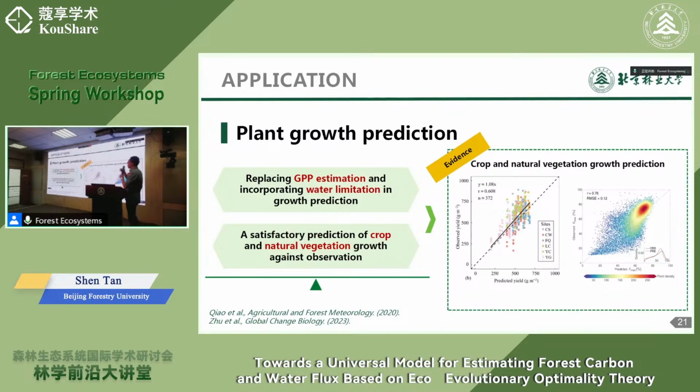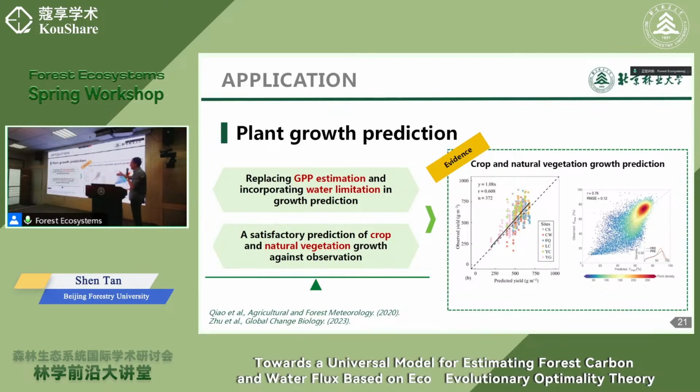And secondly, most of the plant growth models, including the crop models, the tree growth models, and the dynamic global vegetation models, were built based on photosynthesis, because photosynthesis provides the material basis for plant growth. So we can replace the GPP estimation in current plant growth models, and we can then incorporate the water limitation based on the evapotranspiration estimation in the growth prediction, to predict the plant growth for cropland and for natural vegetation. And here we received a satisfactory performance in predicting the wheat yield in China,